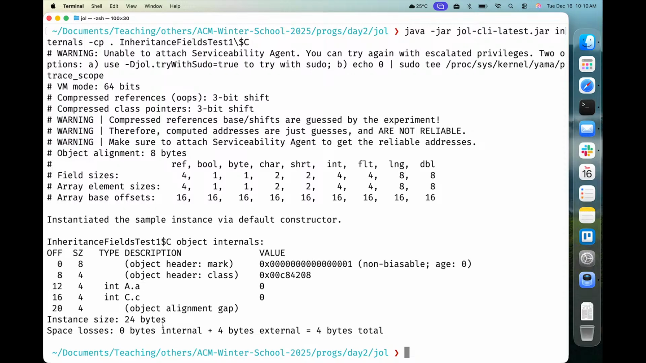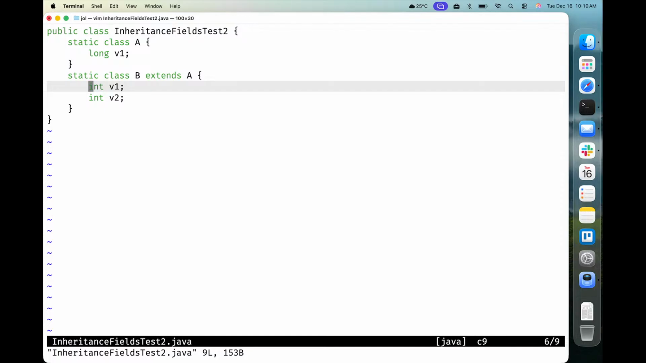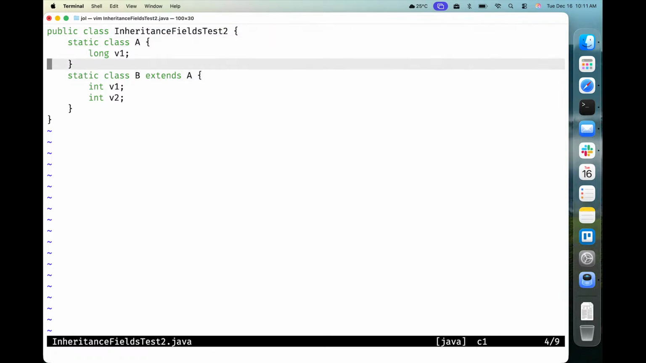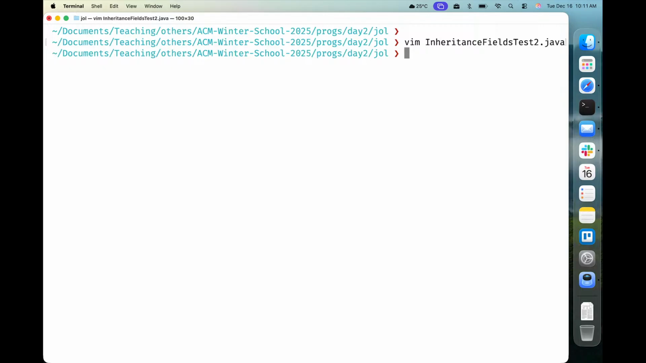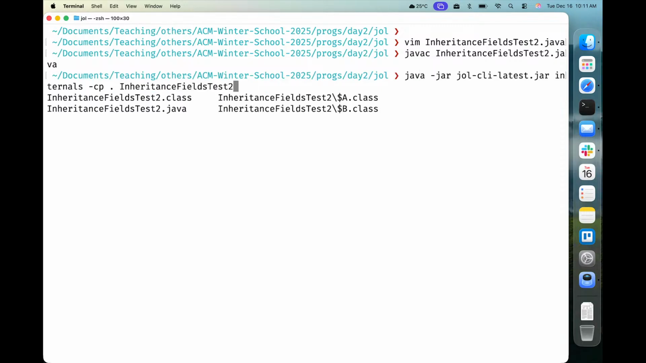So this is as expected, but there is one interesting thing over here. If you look at the next example where I have a long field in my parent and 2 more integer fields in the child. Now you know that in the child you would need all these fields, you would need this long, for simplicity let me just remove it once maybe. I have V1 in class A and V2 in class B, okay. Now let's just compile this inheritance fields test2.java file and